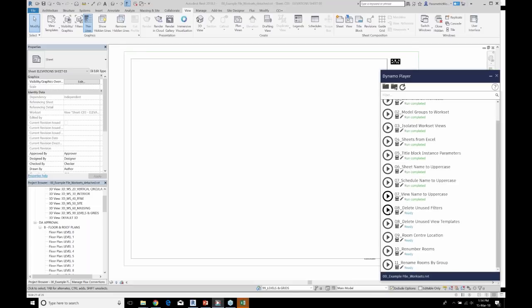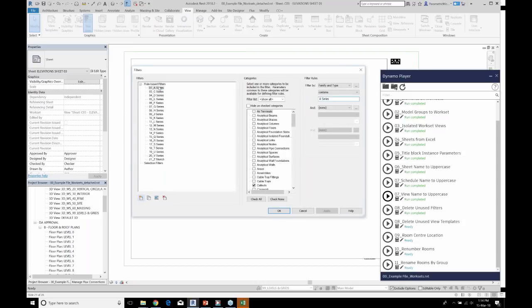I can come in and just run delete unused filters. And if we go back in, we see that we have much fewer, and the one I just created, TTT, is all gone, and we only have the essential ones that are created.